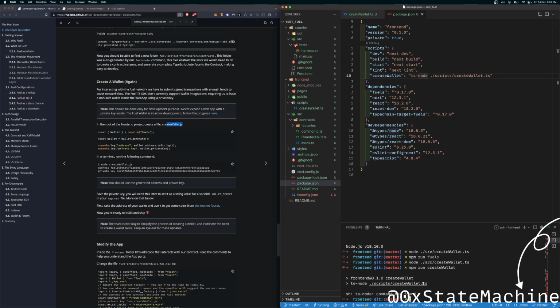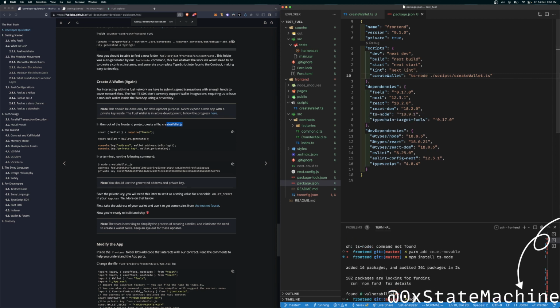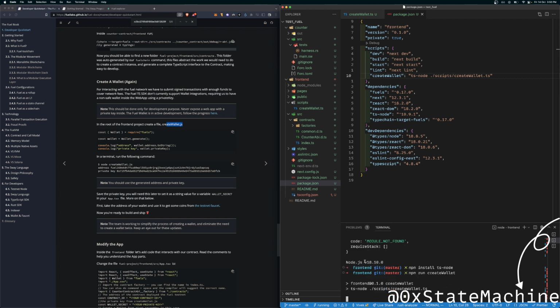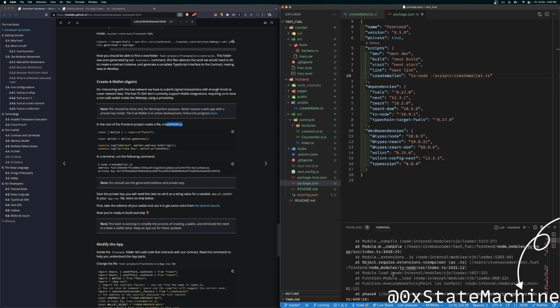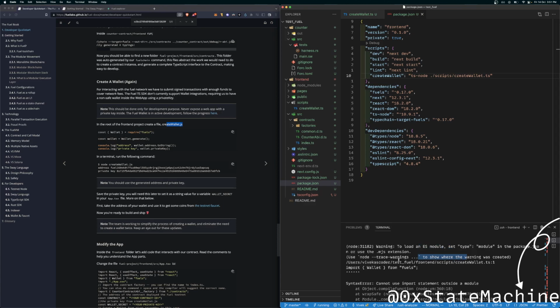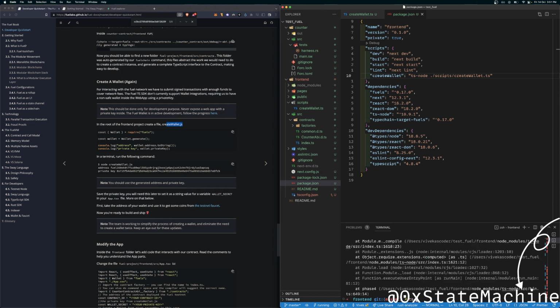Now I can probably do, do you want me to install this? Yeah, of course you need to install it. Oh, what did I do? npm run create wallet. We are gonna have an issue. Can I not do ts-node?